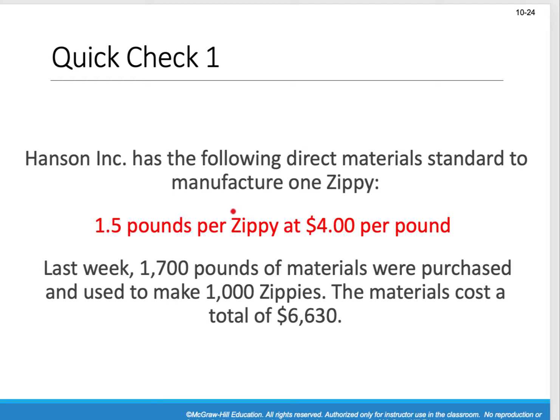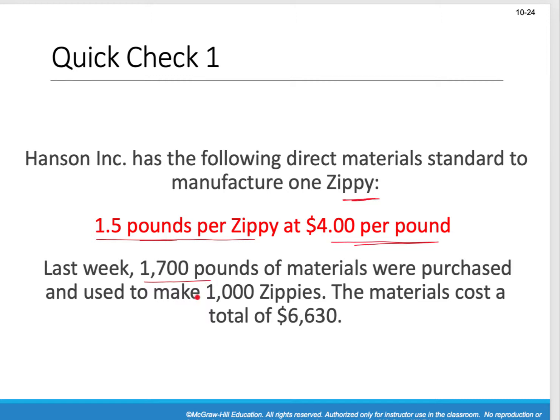Okay. So let's just do a quick check here, okay? And what I want you to do, actually, let's just go through it. Okay, so we have Hansen Incorporated has the following direct material standard to manufacture one Zippy. Don't ask me what a Zippy is, I have no idea. So the standard is that it should take 1.5 pounds per Zippy, and we should pay $4 per pound. Okay, no problem. They tell us that last week 1,700 pounds of materials were purchased and used. Okay, so that's the total materials that we used,